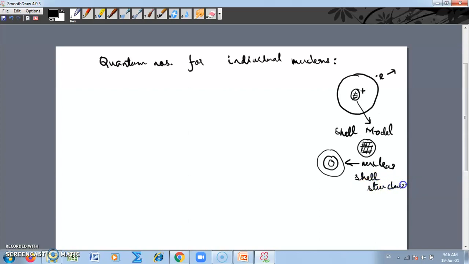it was natural to think that there must be some similarity between the nucleons inside the nucleus and the electrons in an atom. So that's why certain quantum numbers were adopted, such as the principal quantum number, which we generally denote as n. But then there is a difference between the principal quantum number used in an atom and in the nucleus, because you see